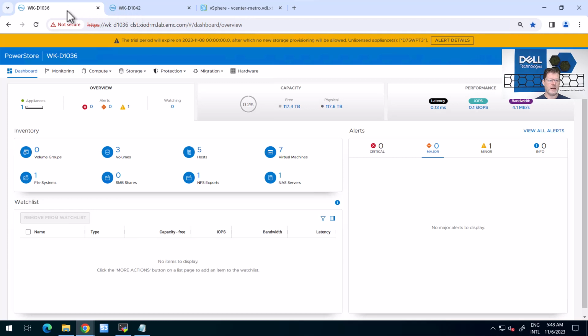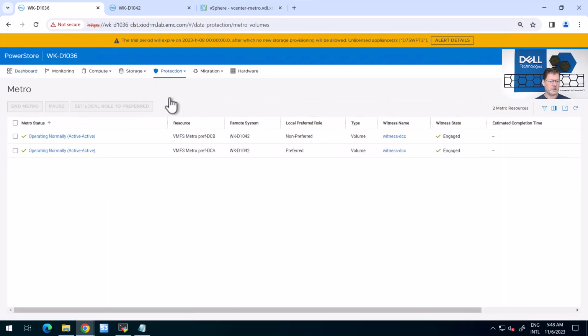Both of these have been engaged in a Metro setup, which you can easily see when you look at protection and then Metro. You can see that there are two volumes currently set up for Metro. I'm looking at the left data center, and you can see that I have a Metro preferred on DCA, which has the preferred role for this data center. And then we have VMFS Metro preferred DCB, which, as we're looking at data center A here, is the non-preferred